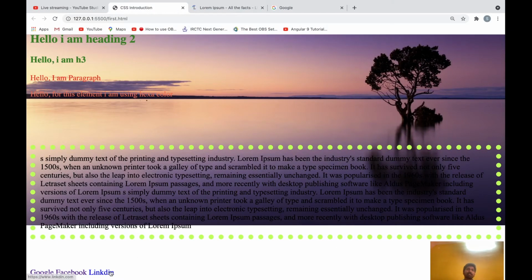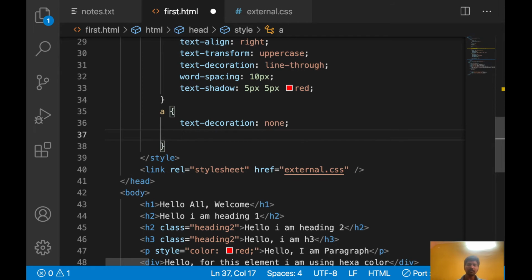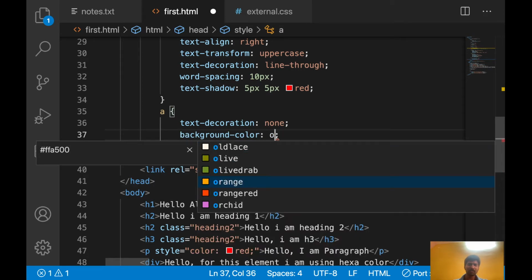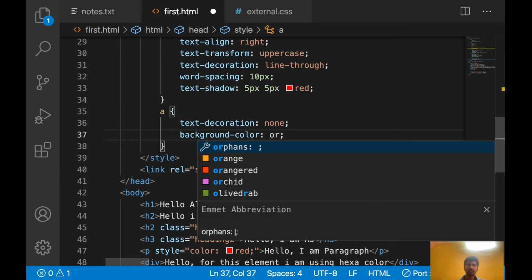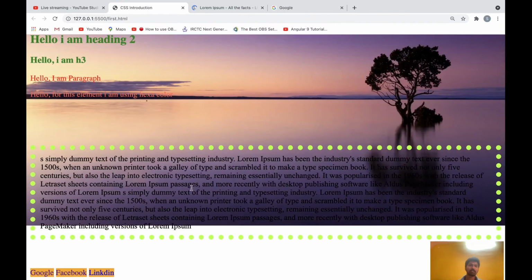See, it's not coming now. I want to apply some background color for these three. Let's apply background color orange. Let's save this. See, it's coming now. Three background colors are coming.